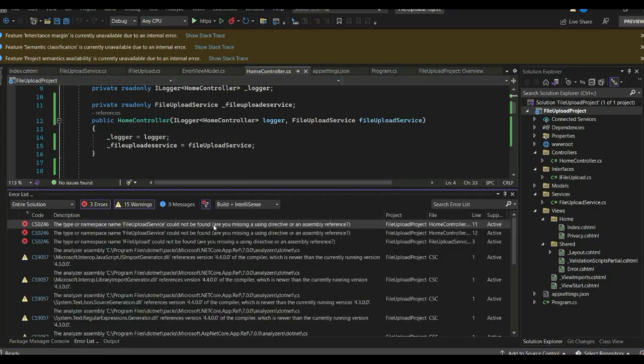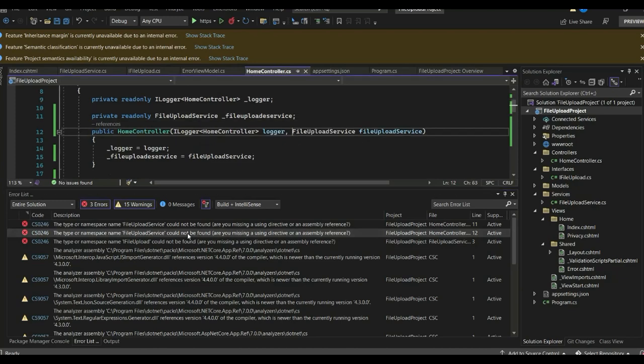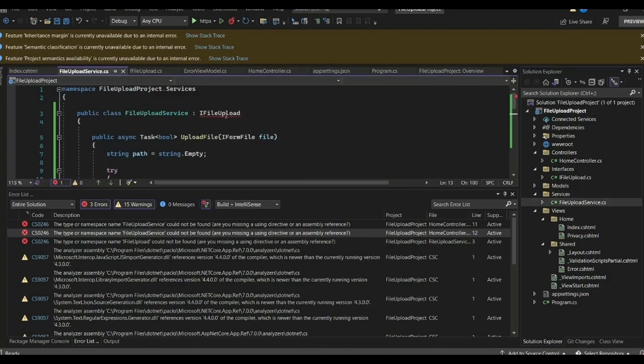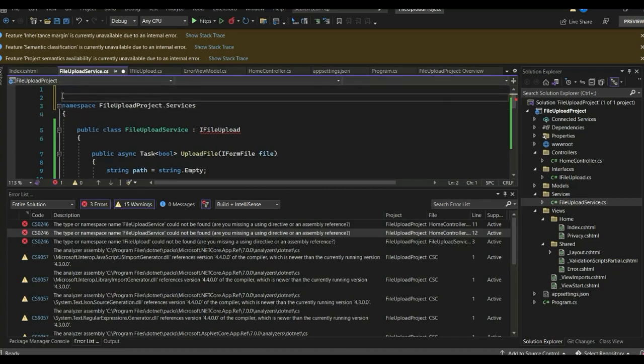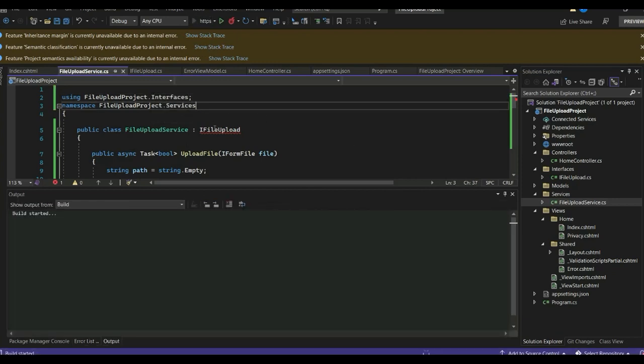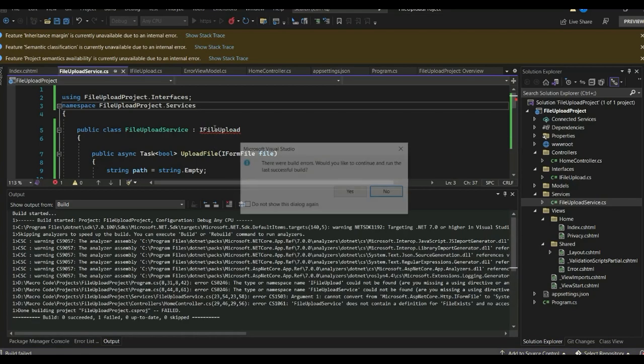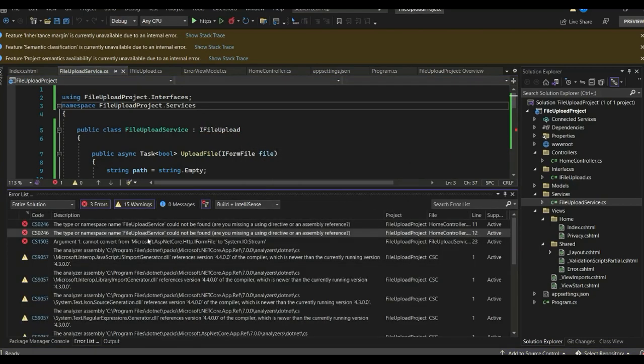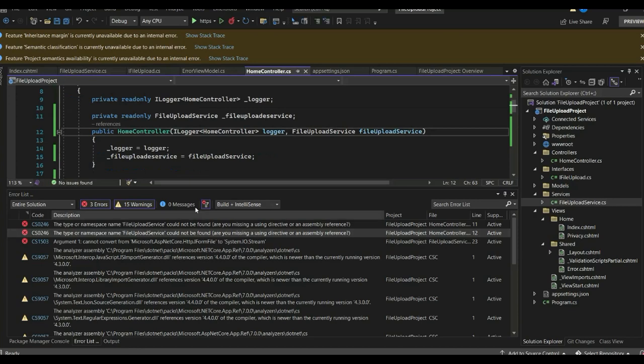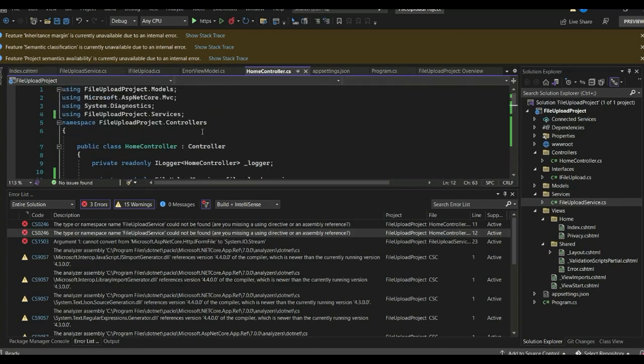Another error, we have cannot be found our service. Yeah, so we are having an error here, so we need to have this, then we say interfaces. So that is it. So if we run this, everything should be fine. Also has something, so